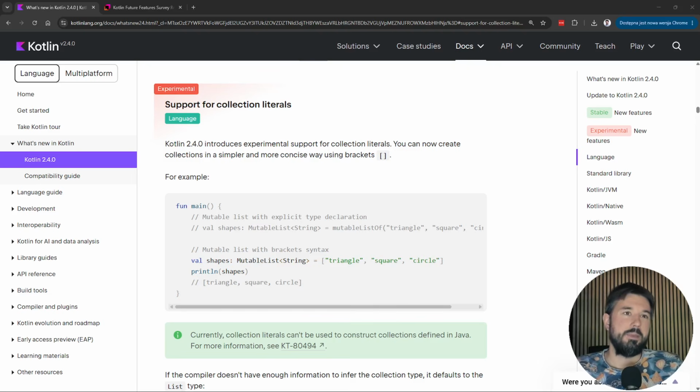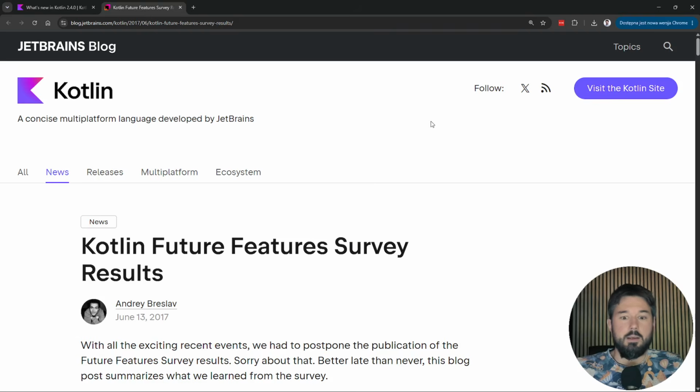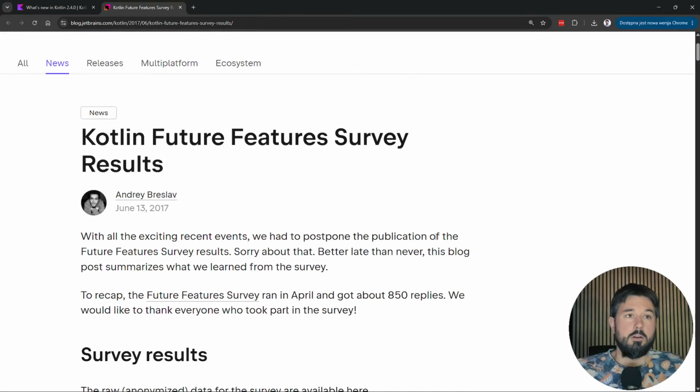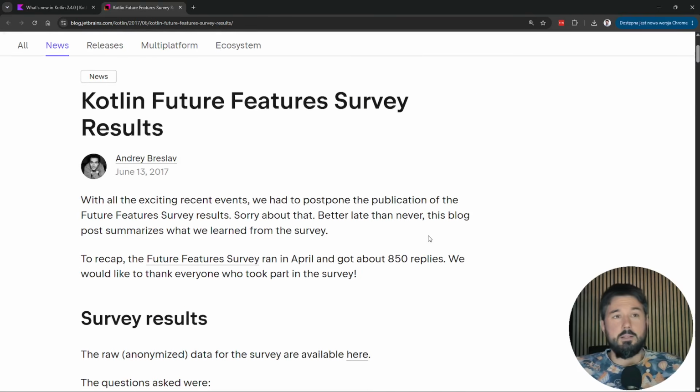Collection literals. You see, I remember when Kotlin was still much younger than it is right now. Soon after its first stable version got released in 2017, we, the Kotlin community, participated in this survey.